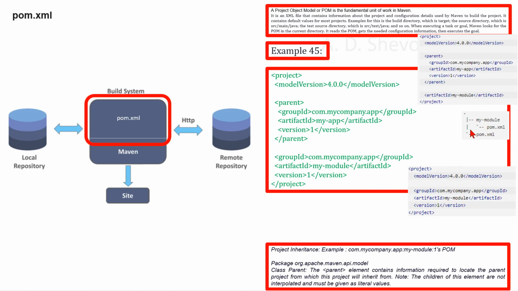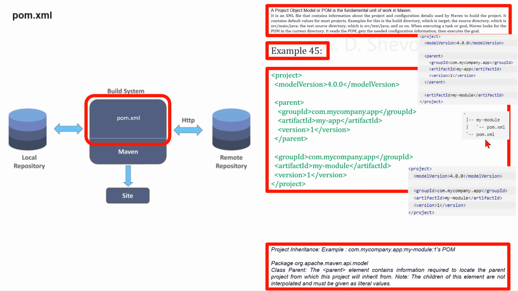Note that my-module/pom.xml is the pom of com.mycompany.app:my-module:1, while the pom.xml is the pom of com.mycompany.app:my-app:1. The solution is here. Now if we were to turn